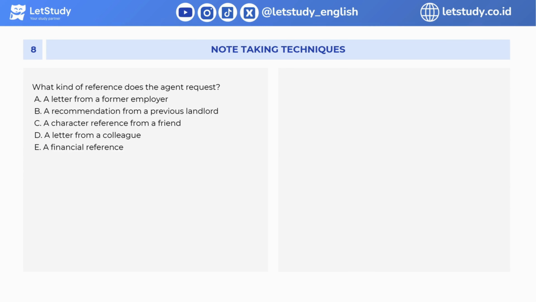Question number 8. What kind of reference does the agent request? A. A letter from a former employer. B. A recommendation from a previous landlord. C. A character reference from a friend. D. A letter from a colleague. E. A financial reference. The answer is